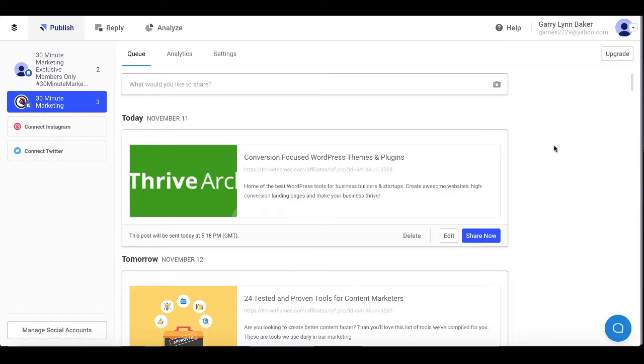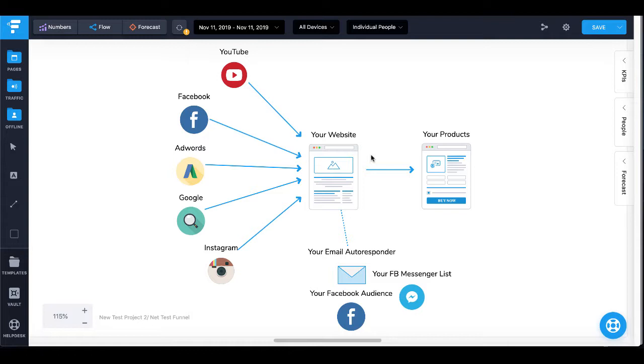Again, the base of your business should be YouTube, where you're going to be generating content, driving people to your website, even if it's just a landing page or content blog post, and then sending people to your products or affiliate products, and then of course using the one channel of social media, which is Facebook, to move your audience from YouTube to your website to Facebook, and then follow up with email, your Facebook audiences, so if you're doing paid advertising, and then of course your Facebook Messenger list. This is the perfect social media strategy for a small business.